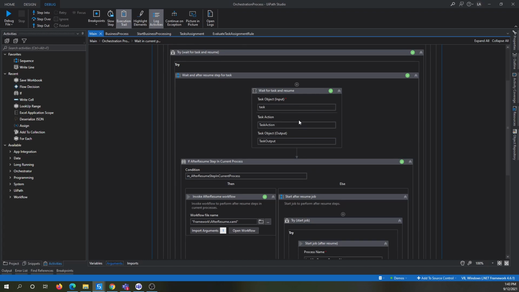Once you complete the action, what I need to do is update my Excel file. So after resume, I want to update the Excel file based on the data returned from this form. On the wait activity, the returned data is coming from task output. This is of type,